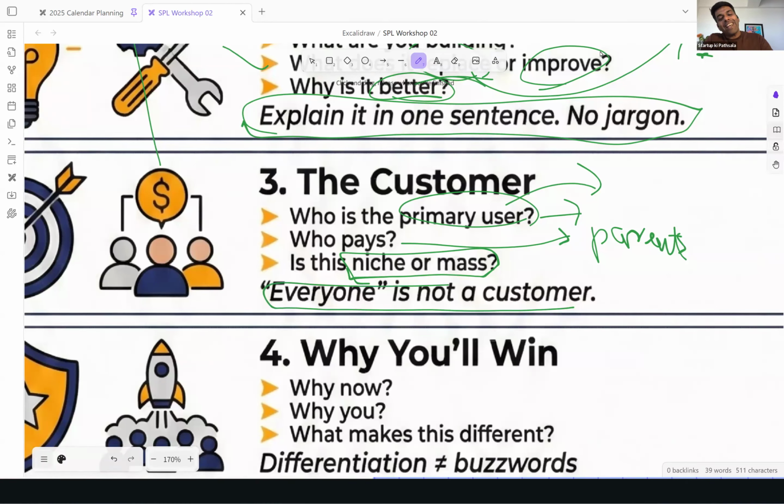And this is classical. When you say everyone is a customer, that means you have not thought through it enough, right? Everyone cannot be a customer, right? So सबके लिए चलेगा मतलब किसी के लिए भी चलेगा नहीं, right? And primarily it indicates that you have not thought about your customer base quite well. That's the reason why we say थोड़ा सोच के put together exactly who's your customer base, right?